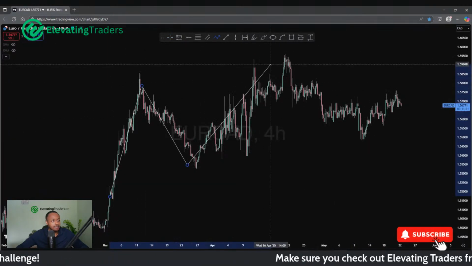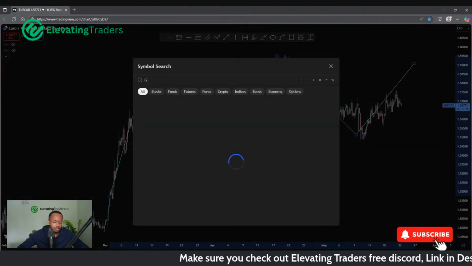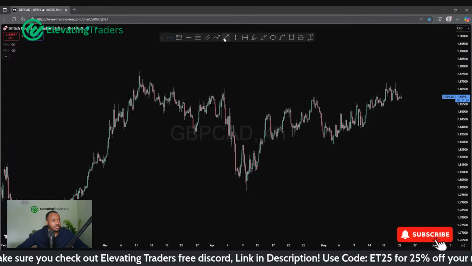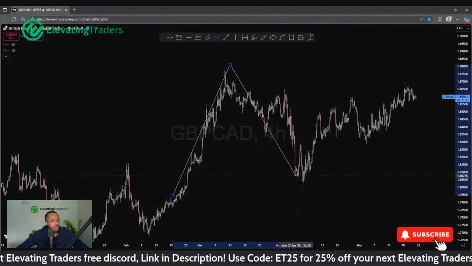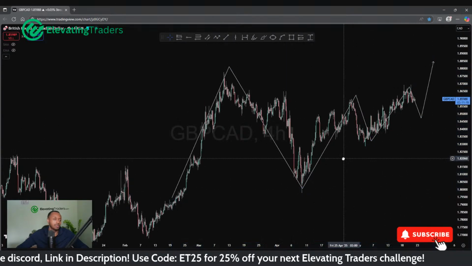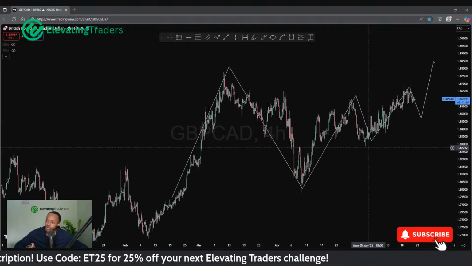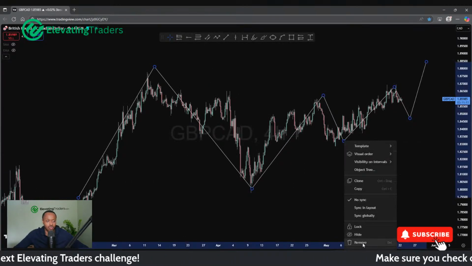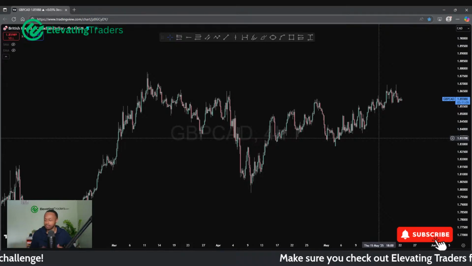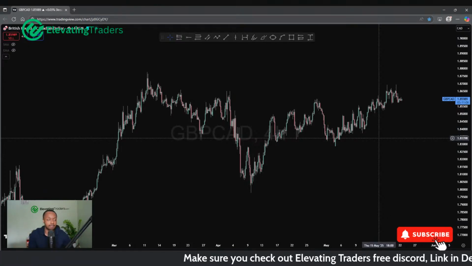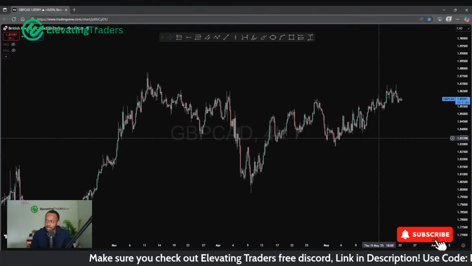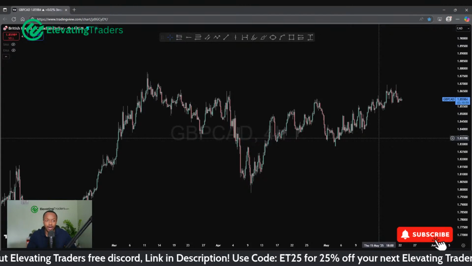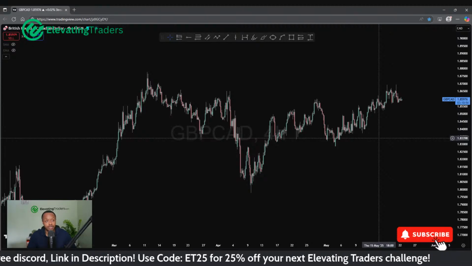Very choppy, but there is somewhat of an uptrend here, and of course Pound CAD, somewhat of an uptrend there as well. Even though it might not be obvious to spot, it looks like we are still trying to push up. So I probably would favor more towards the bearish side of things for CAD, but not an overly bearish CAD where I'm expecting big moves necessarily. Like I said, the three currencies I tend to have a bias for are USD, JPY, and CHF.